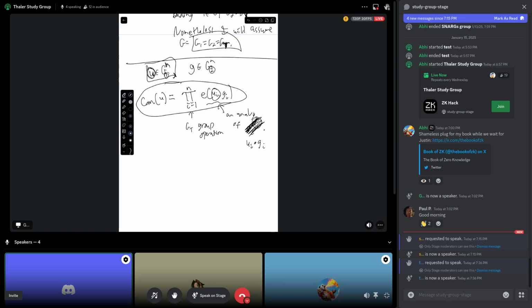if we carry around these subscripts everywhere, the description of Dory will just, my brain cannot handle the mental load as I present Dory. If I have to remember which vectors are in G1, which are in G2, I'm just not going to be able to keep track of that. So instead, I'm just going to assume that G1 and G2 are the same. But then in practice, they wouldn't be. Does that